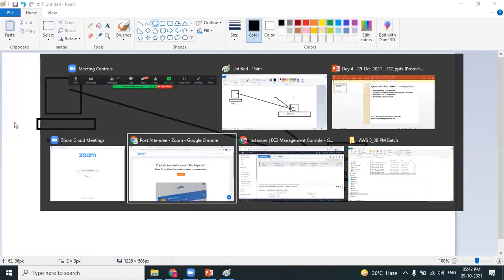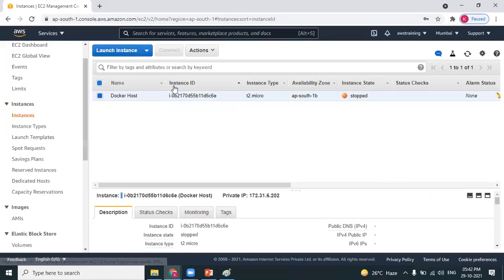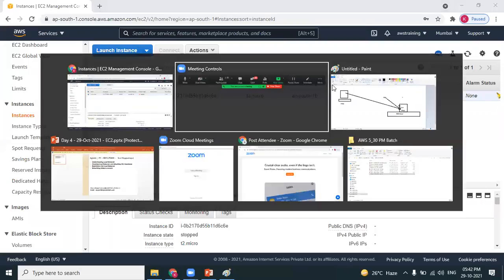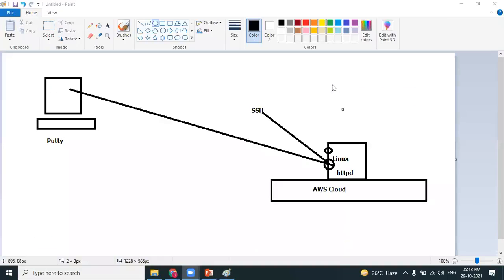Now every EC2 machine, this is not the EC2 machine which you created. This is for the CMS batch. But the point is, every EC2 machine can withstand a specific amount of load. Every web server will have some threshold limit. Maybe at any given point of time, it may handle some 1,000 users, or it may handle some 2,000 users, depending upon the hardware configuration. Pawan, the more the hardware configuration, the more processor, the more CPU, the more memory, it can handle more requests. But every EC2 machine will have a specific threshold limit, isn't it?